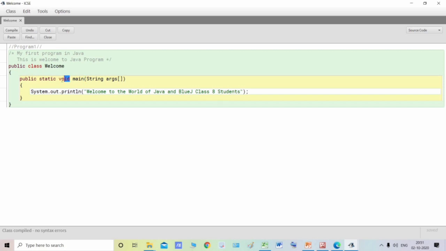And over here we have written that it will return void value. Void means nothing. Void means null. So this main method will not return any value. Why will it not return any value? Because it is void. So the main method is public, static, and void. I hope you understood this.